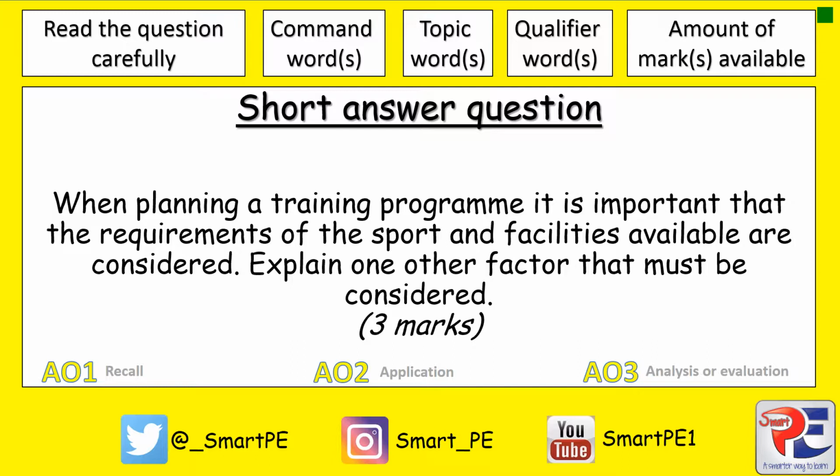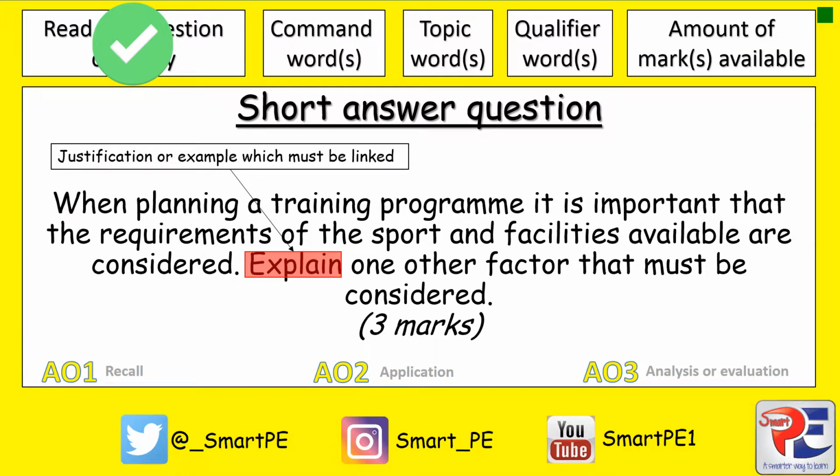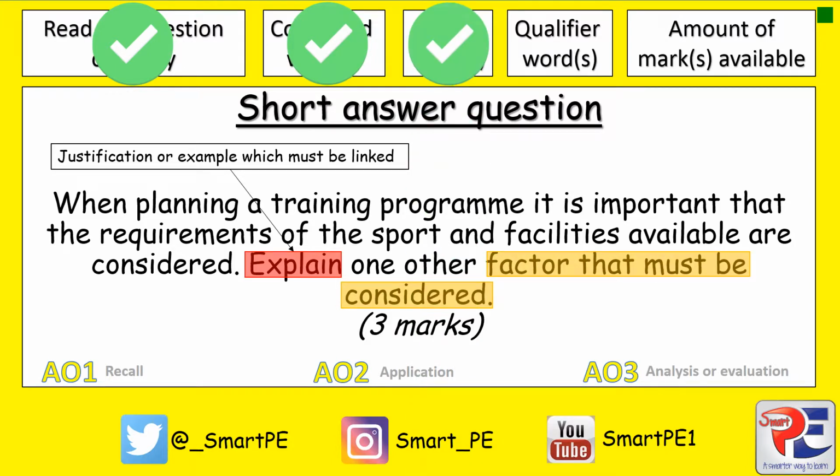Now, as you can see, there's 5 steps at the top of the page that we always follow. Read the question carefully, highlight and fully understand the command word and what it means. So explain means to give a justification or example which must be linked. I'm then looking for any topic words, and then looking for any qualifying words, and don't forget this is what